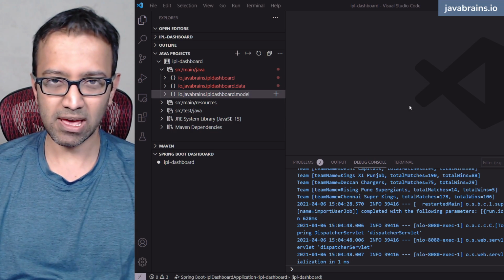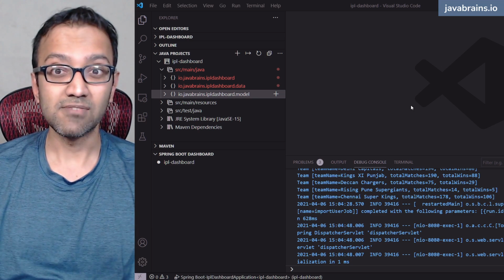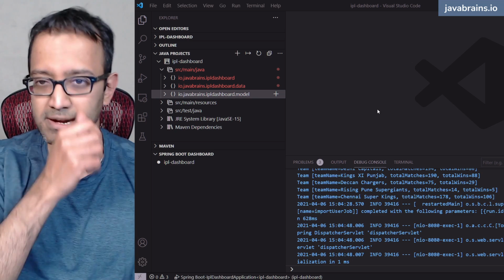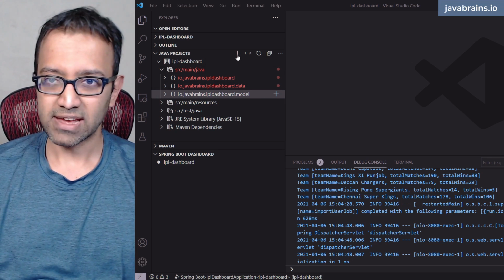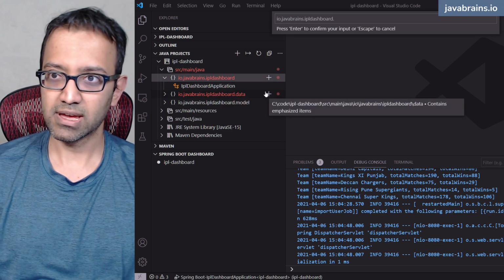It's a team API which takes in a team name and then returns the team information. We have a team table. It's going to look that up and then return it. I'm going to create a controller package over here. Actually, I'm going to put this over here. Inside this, I'm going to create a new package called